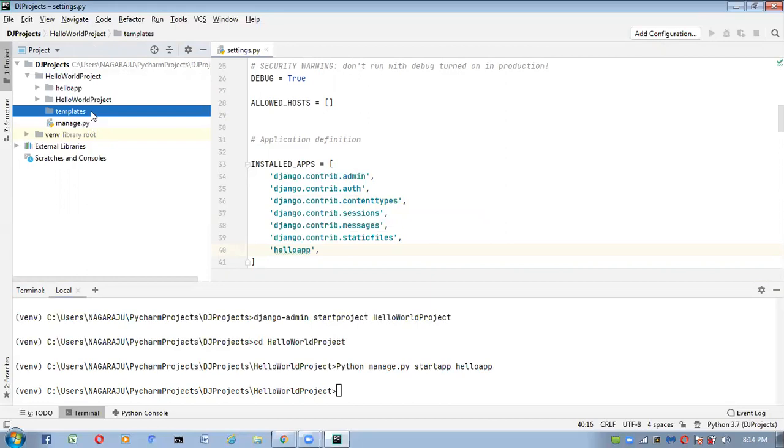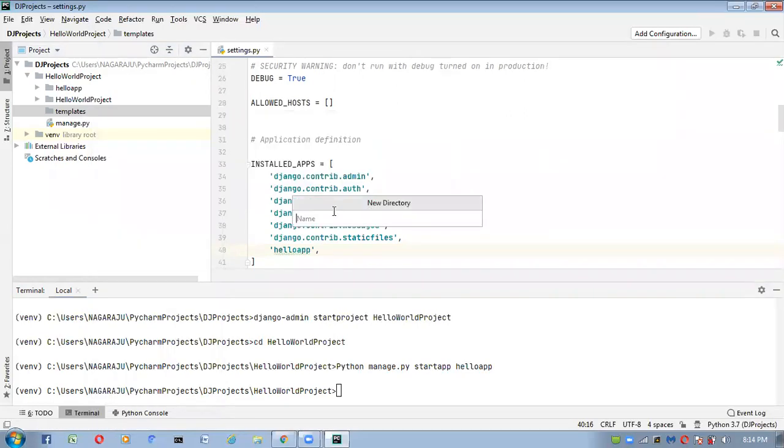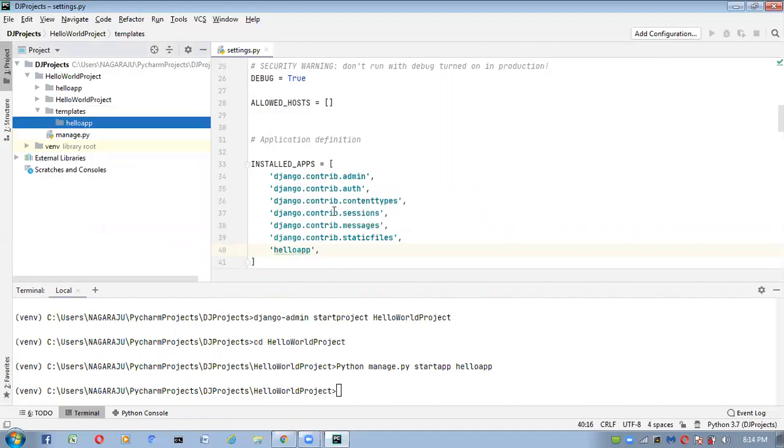Next, inside this templates folder we have to create one more subfolder with the application name. Right click, go to new, click on directory, and give your application name. Our application name is hello app.